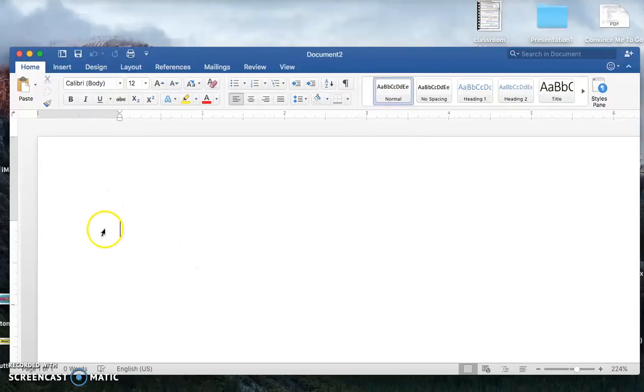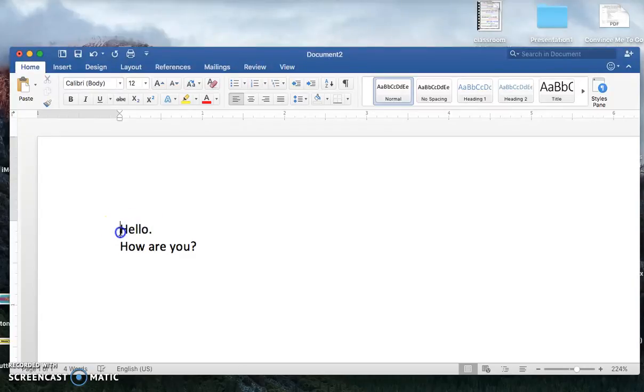As you can see, we have what is called the cursor, or the blinky thing as we like to call it, and you can just start typing. You can type paragraphs, you can type lists by pressing the Enter key. Pretty basic stuff. The next thing I would like to show you is if I want to make this fancy,